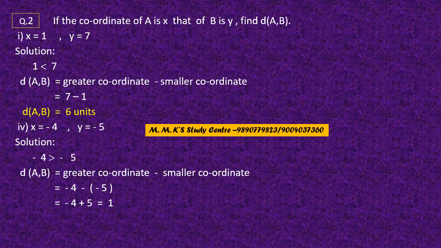So different sign is there, subtract, children. So 5 minus 4 you will get 1, and this 1 will have plus sign because that 1 is from the 5. So the statement: you will get distance between AB is 1 unit.